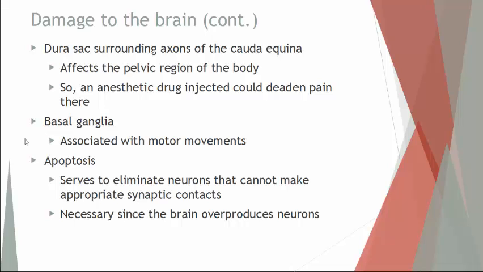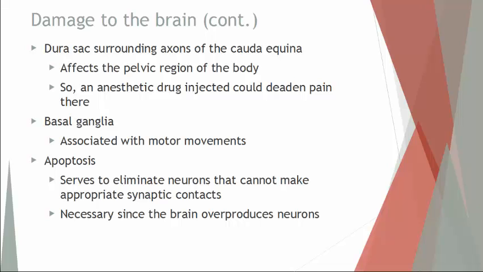The next term, apoptosis. This is a generic term. It's not just particular to the nervous system. It is a general term that means programmed cell death. What happens with cells is, as they go through normal functions and prepare for cell division, if they sense something is wrong during cell division, instead of replicating and compounding that error or damaged cell and making more of them, it will actually stop reproducing and kill itself. That's what apoptosis is called. And the whole reason for this is to limit the amount of bad cells that are out there.